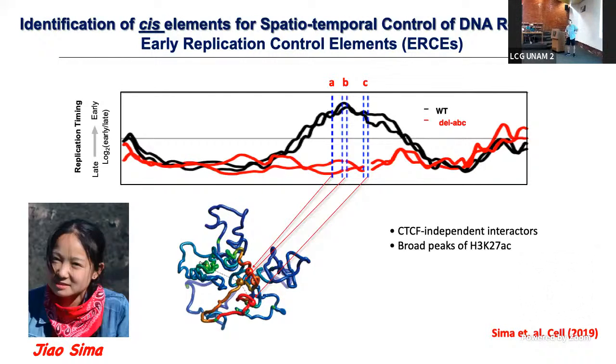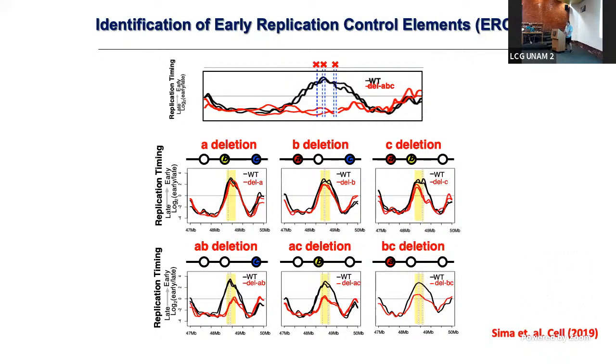So she deleted all 3 of them, and this is the result that we got. Okay, complete shift from early to late. So this was really, if I had to pick one image for my entire career, this would be it. And this is really the biggest discovery because we have now discovered the enhancers of replication. And we can discuss that later if you like, but we do not think they're the origins. We think they're the enhancers. And in addition, this was satisfactory because we could explain why it took 60 years to find them.